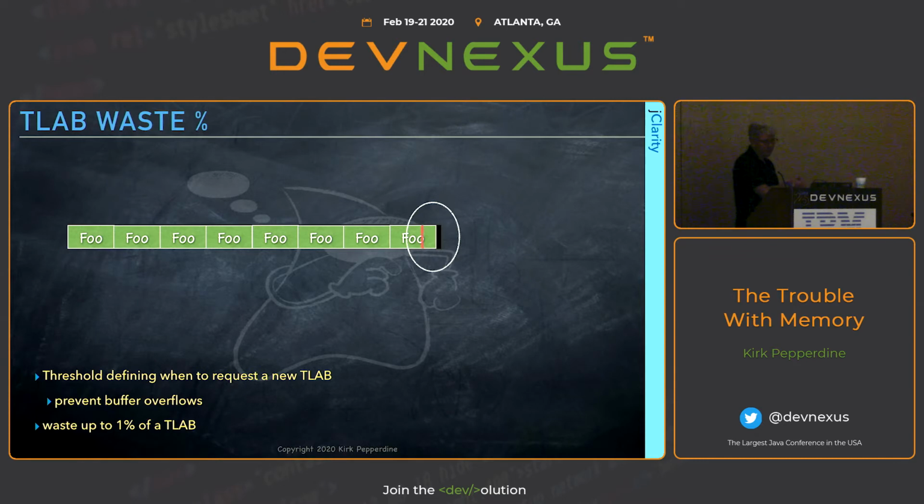The problem is when we get to the end of the TLAB, what do we do? Well, we're going to have a threshold here called a waste percentage, meaning that if I get so far down the pipe where I don't have a lot of buffer left over and I need to do another allocation, it's like don't bother trying, go off and get another TLAB in this case. And as it turns out, how you set the threshold can have some interesting impacts on the performance of your application, because